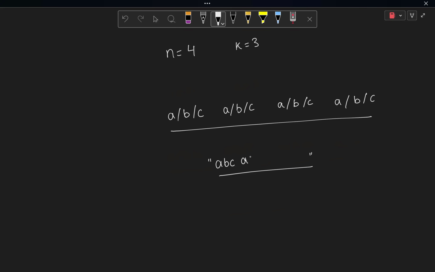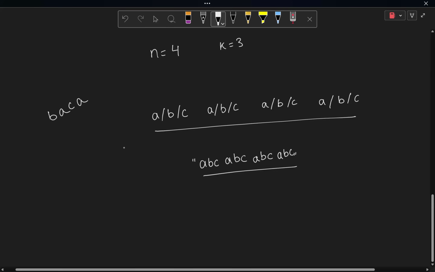Then after that, I again keep A, B, or C in any order. Then again A, B, C in any order. Then again A, B, C in any order. Now, whatever string I want of length 4, let's say a string like BACA, the first three characters,